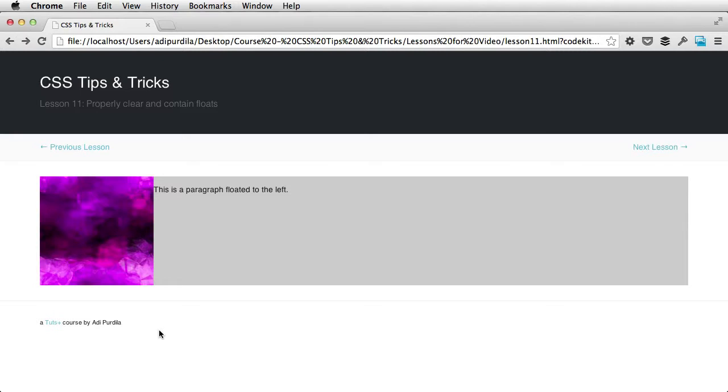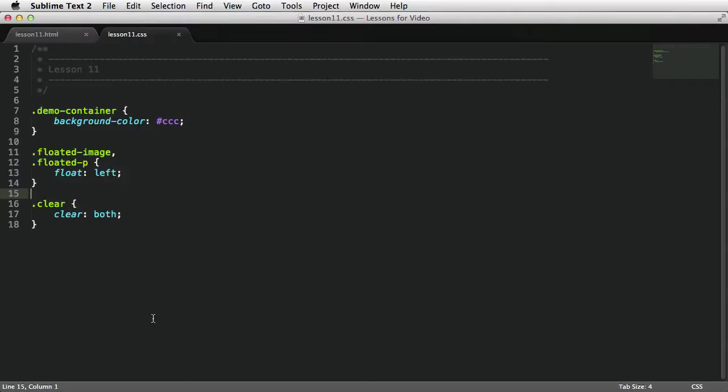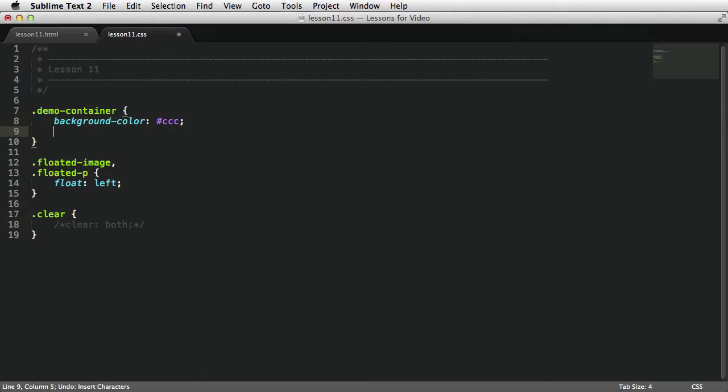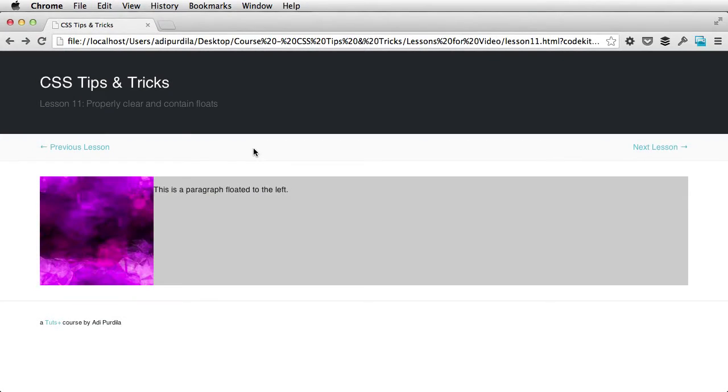Another approach is to set overflow hidden on the parent element. So let me show you that real quick. Let's comment this bit. Okay, I'm going to set overflow to hidden. Now this also works, and it's actually a bit faster than the previous method because you only add one property